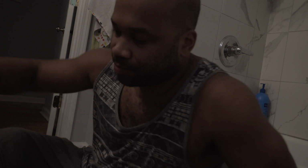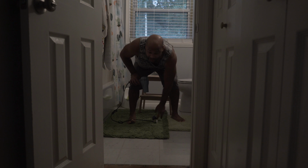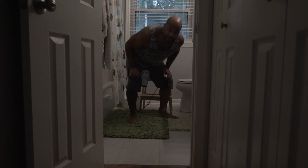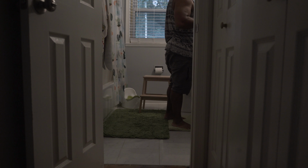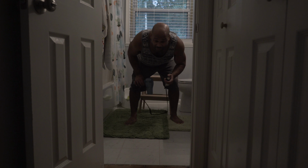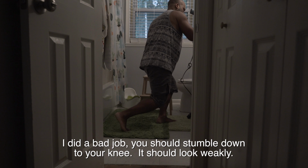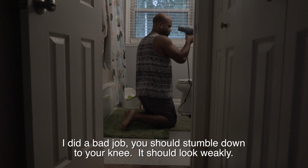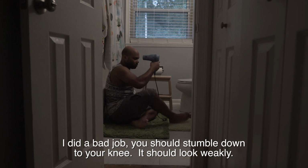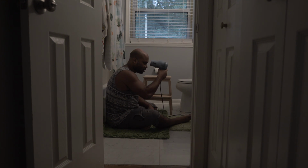Okay, so next shot. See if you can get me a wide shot like this from outside of the bathroom. And just repeat this action. Just repeat everything I'm about to do. You might need to have your hairdryer on an extension cord. Let this shot go for a long time. And then at the end of the 30 seconds,